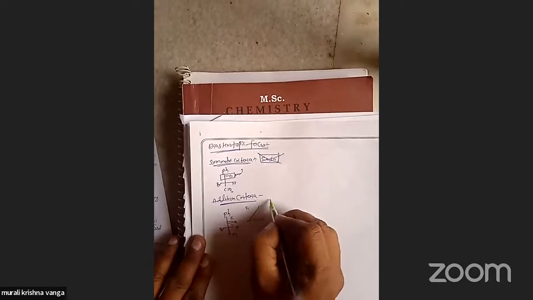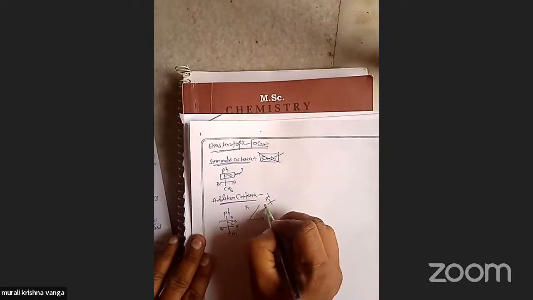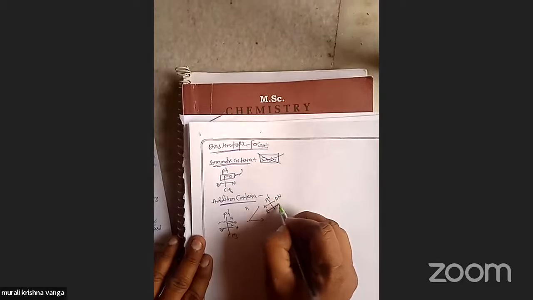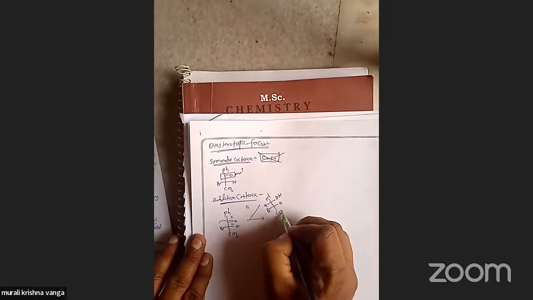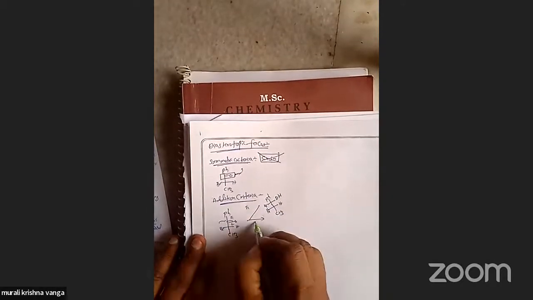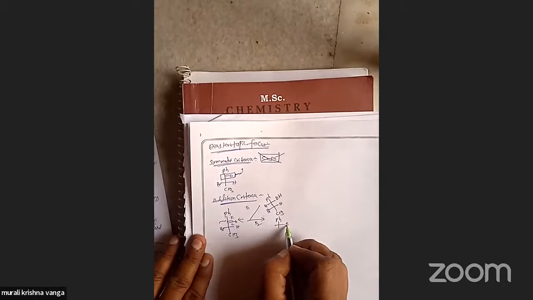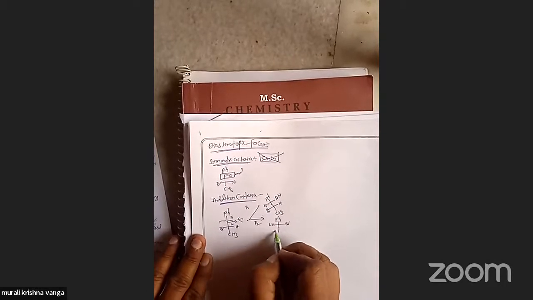Addition from F1 like this: bromine, here bromine, OH, hydrogen, methyl. If addition from F2 like this: phenyl, bromine, OH, bromine,